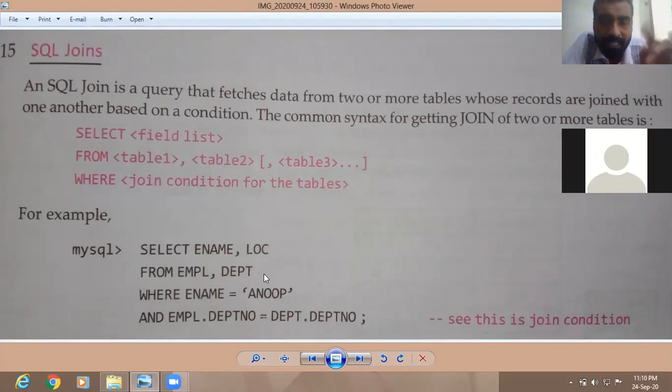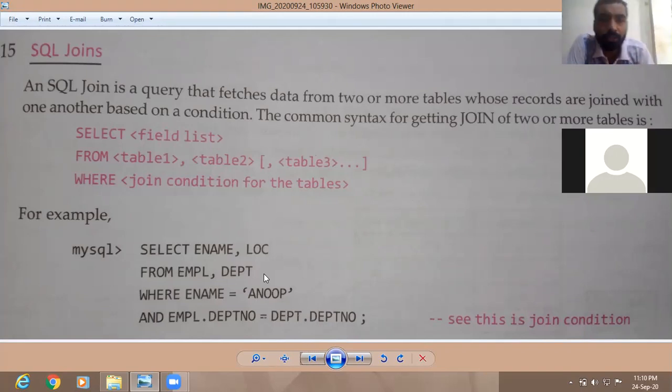What will that query do? It will fetch all the records from table 1 as well as table 2, join them together, and display them before you. That is called Cartesian product. In Cartesian product, the entire records from both the tables will be mixed up, joined up and displayed before you.